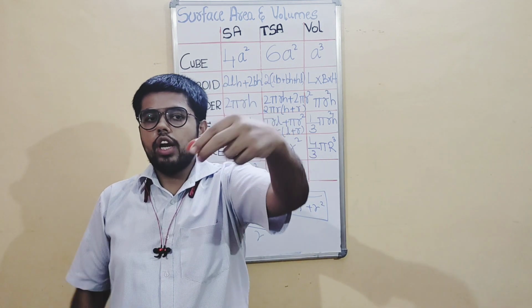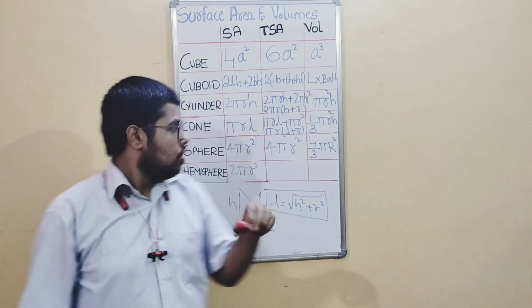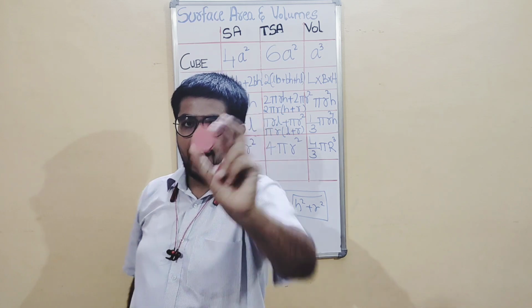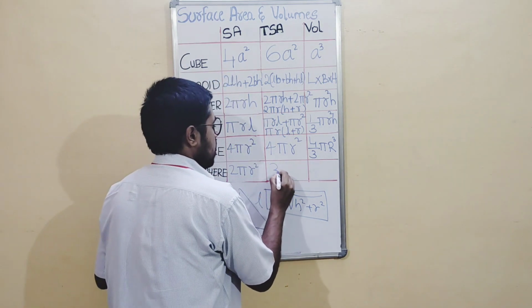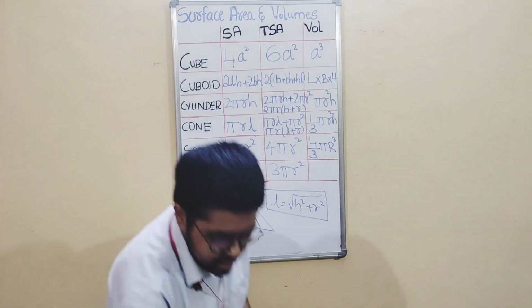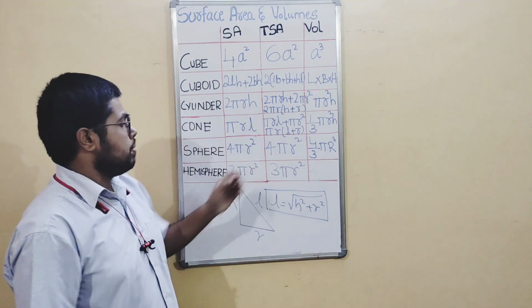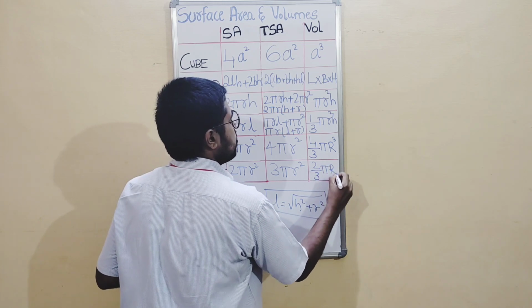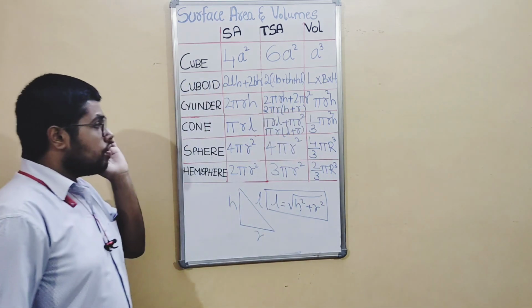So therefore, there is already 2 pi r square, because half of the sphere's area, 2 pi r square, is the curved surface area, plus one circle, one area. So it becomes 3 pi r square. Next one is volume. Volume is very easy, just half of the sphere. So it is 2 by 3 pi r cube. So that's all the formulas for the hemisphere.